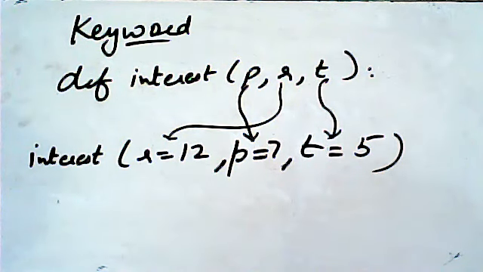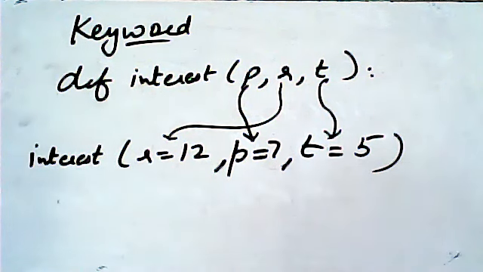In the keyword argument, we can change the order, but the thing is that it moves only to the corresponding data, because in the positional argument, what I just read, that very first value is moved to the first argument, second value is moved to the second argument, third to the third argument, and so on. But in the keyword, we can change the order if we are giving the key's value to it. So this is a keyword argument.